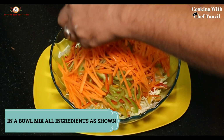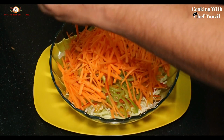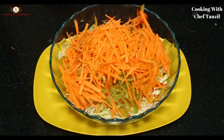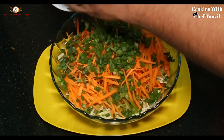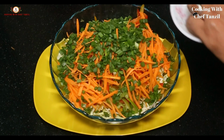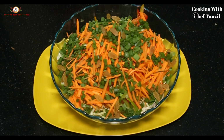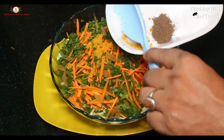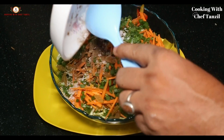add julienne carrots, add chopped spring onions, add raisins, add mustard powder, black pepper powder, salt, sugar,